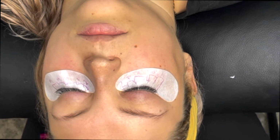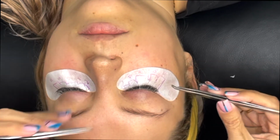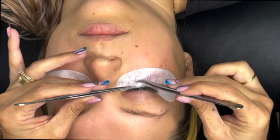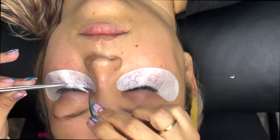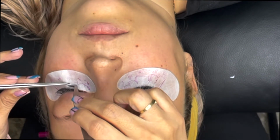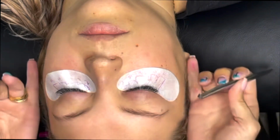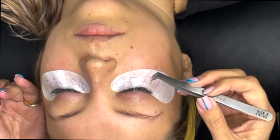Don't ever forget the step, because by simply brushing you will find out if anything is stuck. Another technique is to go over it with your eyelash tweezers and just gently lift your lashes to make sure nothing is stuck. If there is anything stuck, make sure to unstick it before you remove the eye pads, otherwise it'll be very painful. As you can see, we have 7, 8, 9, 10, 11, and the same on the